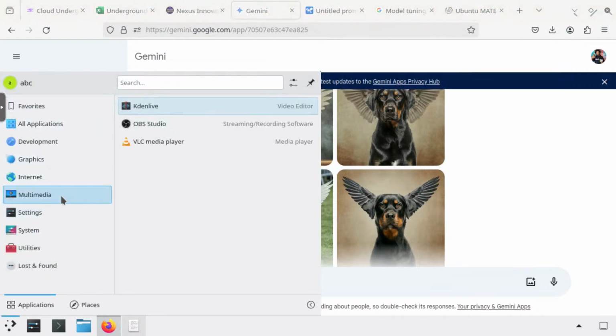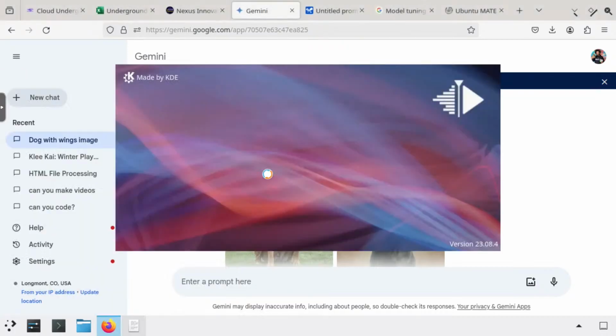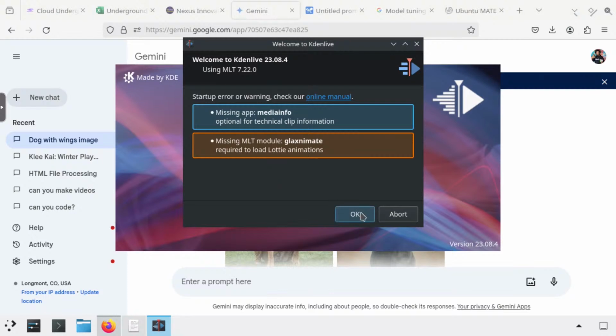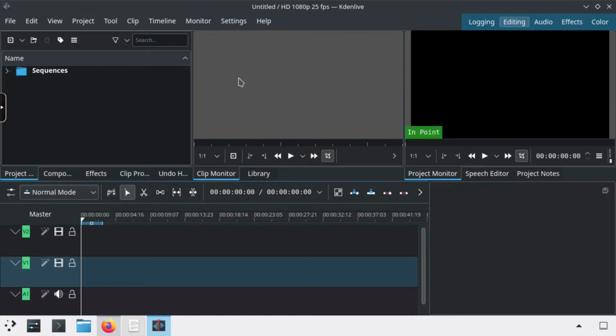But this has a full suite of both streaming videos. So if you're trying to build a live stream or build live stream content, that might be something that interests you. But let's say that you want to go and create a little advertisement, right? Right here, all in one place, you can go ahead and launch a video editor right here in this little resource. And the joy of this is you don't have to have a computer that's powerful enough to video edit. Now, why am I showing you this? And I could be showing you other things, but let's say